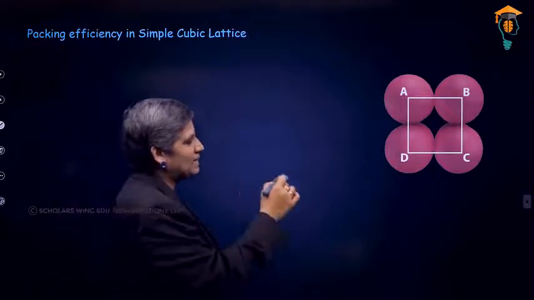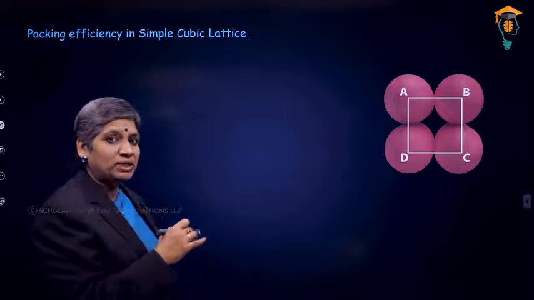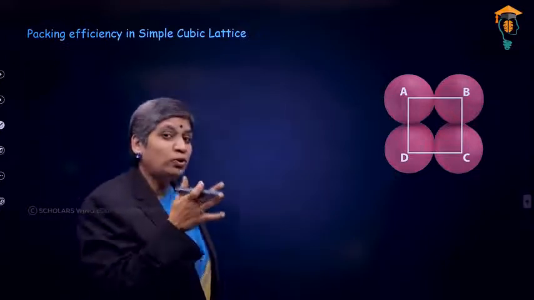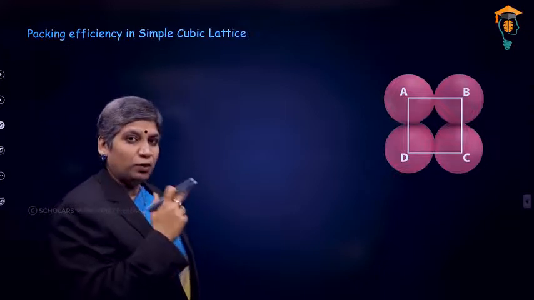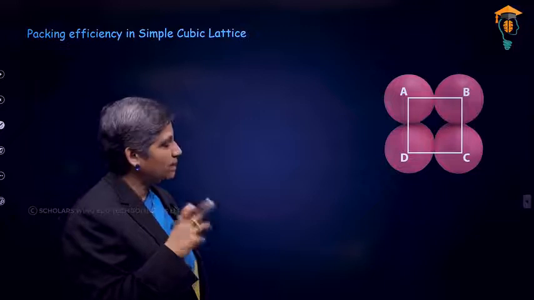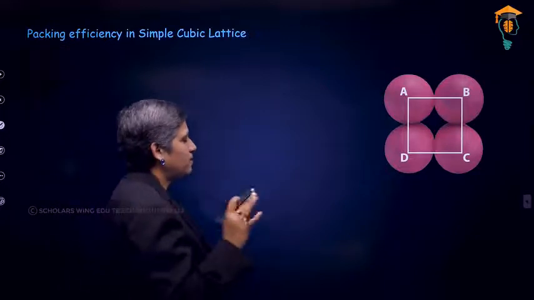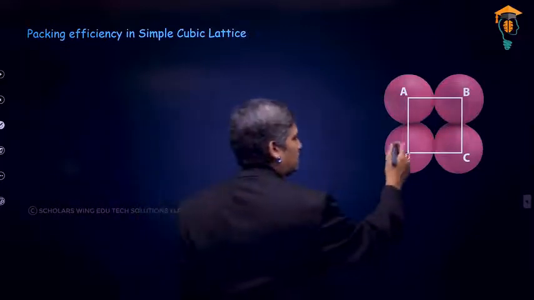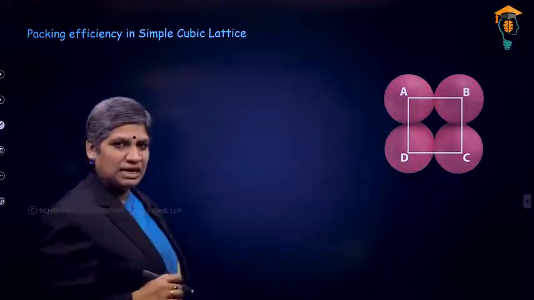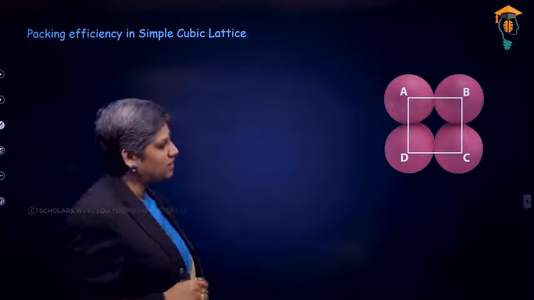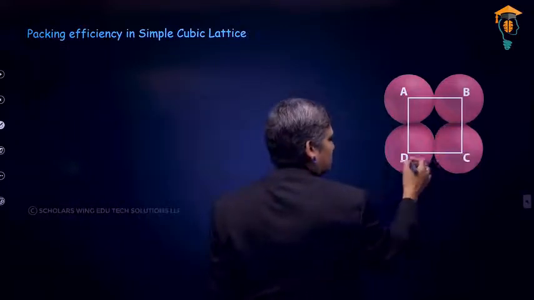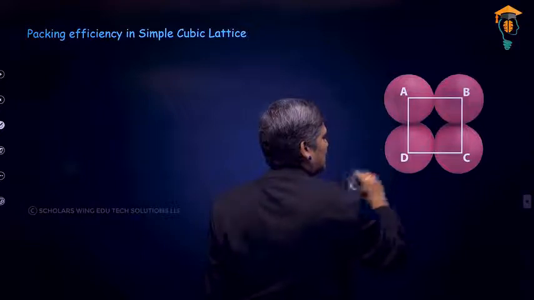Here you may see this as one perfect square, but actually this is representing one face out of the 6 faces of the cube because of the 8 spheres touching each other at the corner positions, right? Very good. Okay, so this being one of the faces, we know every face has 4 edges. As you can see, AB is one edge, BC is one edge, CD is one more edge, and DA is